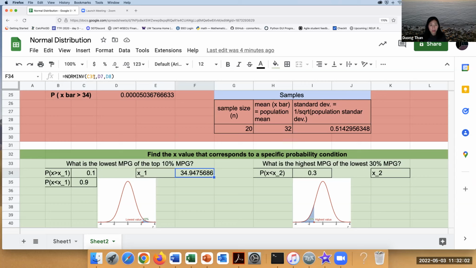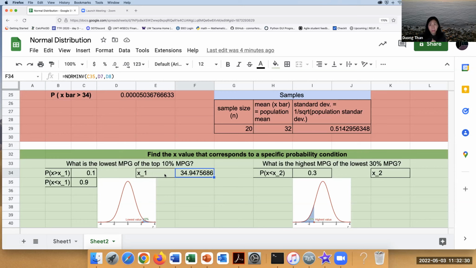I plug in the probability to the left, 0.9, and the mean and the standard deviation to find the X value. So this tells you that the lowest MPG of the top 10% of this population is about 34.94